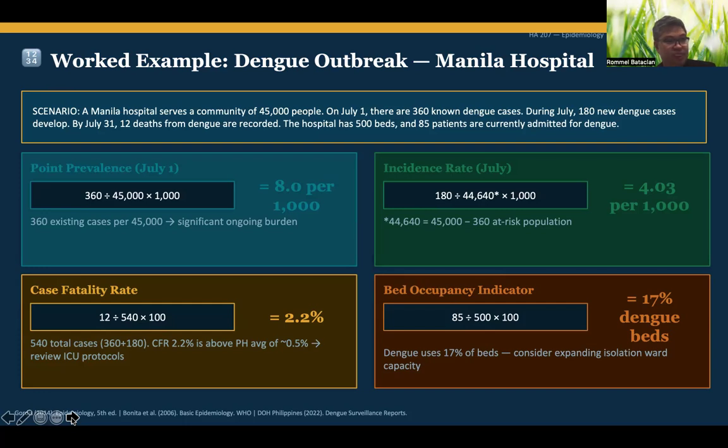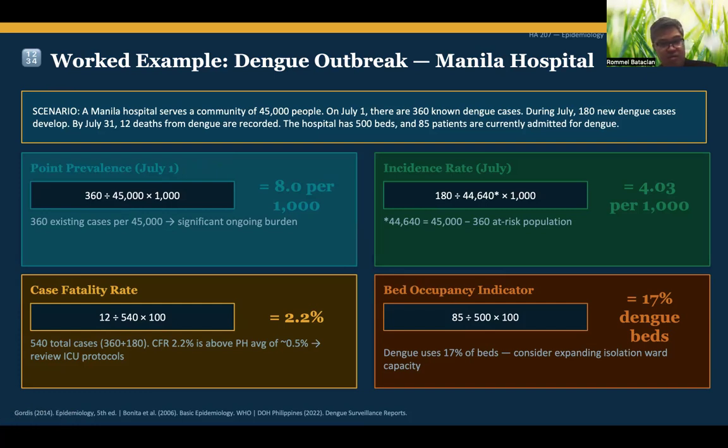The first one is the point prevalence. On July 1, point prevalence is again the known cases at that time divided by the population times K. In this case, it's 1,000. Plugging it in, 360 divided by 45,000 multiplied by 1,000 gives you